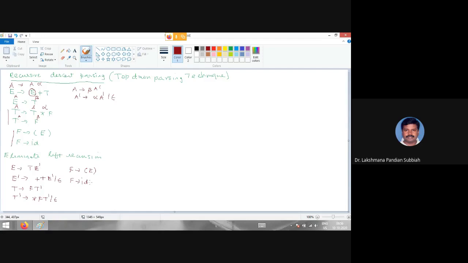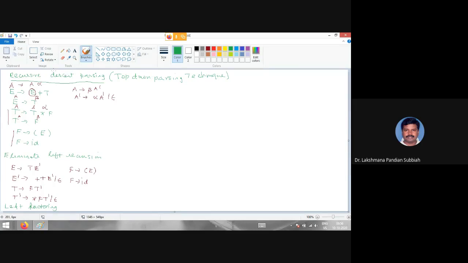Right? So first you have to eliminate left recursion. Next you have to do left factoring, but there is no left factoring here. The next step is you have to do left factoring. Anybody with doubts, you can ask me, right? So unmute your mic and ask your question. So left factoring you have to do. Here there is no left factoring. Next, what do we have to do now?